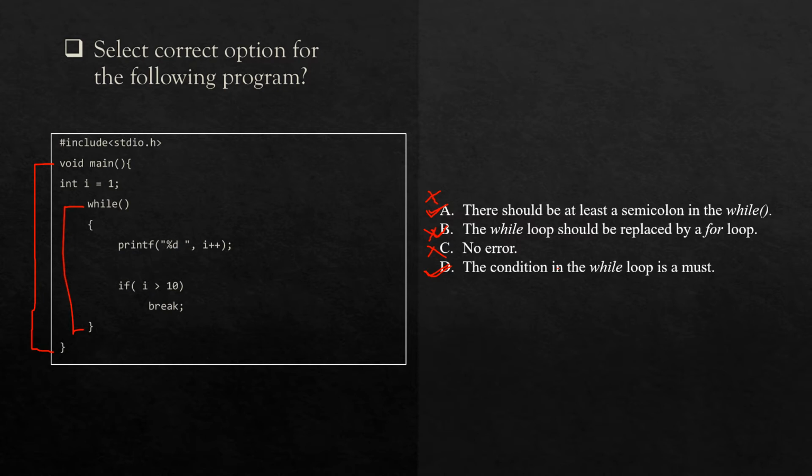So directly, without any condition or boolean expression, you can put a 0 here. If we put the 0, then it will not execute, but it will not show any error. So let me explain with an example, with the coding example, then it will be easy for you to understand.